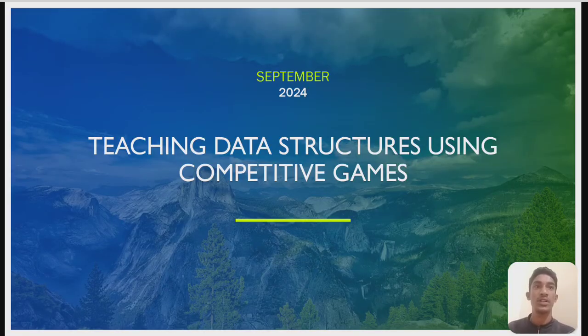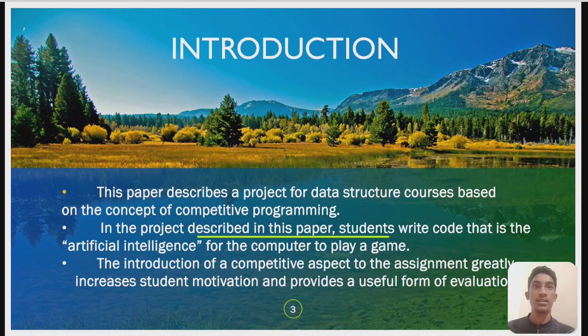Teaching Data Structures Using Competitive Games. Introduction. This paper describes a project for data structures courses based on the concept of competitive programming. In the project described in this paper, students write code that is the artificial intelligence for the computer to play a game. The introduction of a competitive aspect to the assignment greatly increased student motivation and provides a useful form